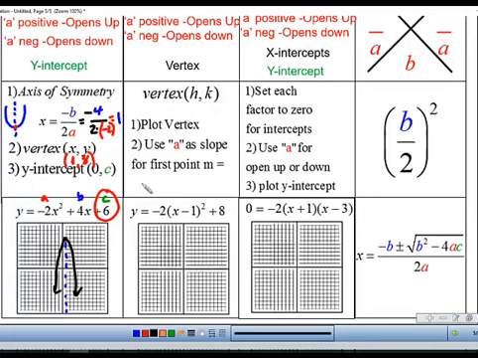All right, so here our vertex is going to be the opposite of what's inside the parentheses, so the H, so that'll be positive 1, and then whatever this value is, positive or negative. So this is positive, so it's going to be positive 8, okay? So we have an ordered pair, which is our vertex. Remember, that's that point of our parabola, 1, 8. And then we're going to use this as a slope, like a rise over run. So our slope for our first point, I can't stress enough that it's only for our first point, is going to be -2/1,